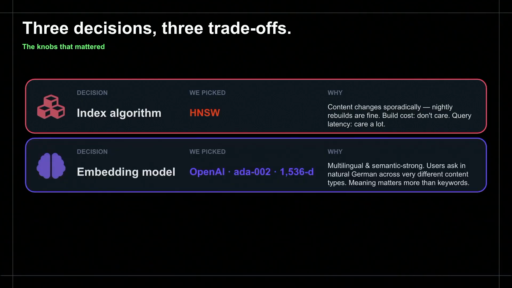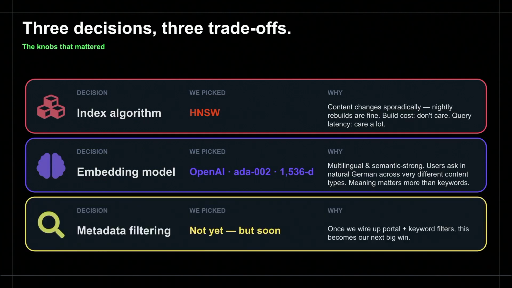Then the embedding model. As I mentioned before, we opted for the OpenAI embedding model basically for 2 reasons. First of all, this is a multilingual model. From our experience, German users tend to mix English words into the requests, and this model can handle it pretty well. And then this model looks for the meanings rather than for the keywords. One quick side note, we also tried open source models to reduce the costs. Benchmarks were good, but when we saw it in production, it didn't extract the information that we needed.